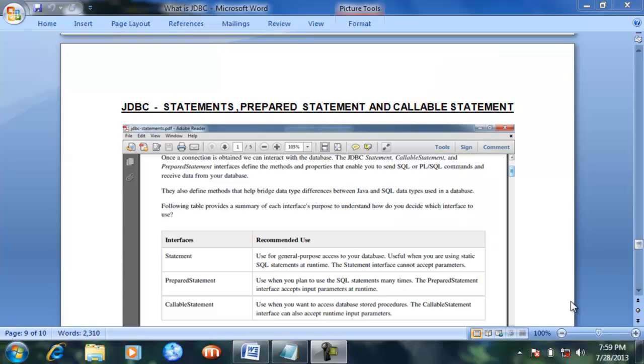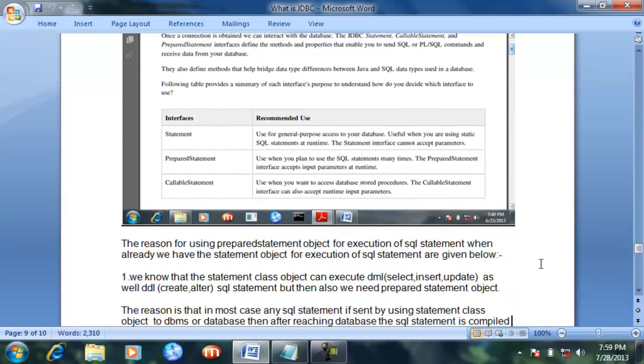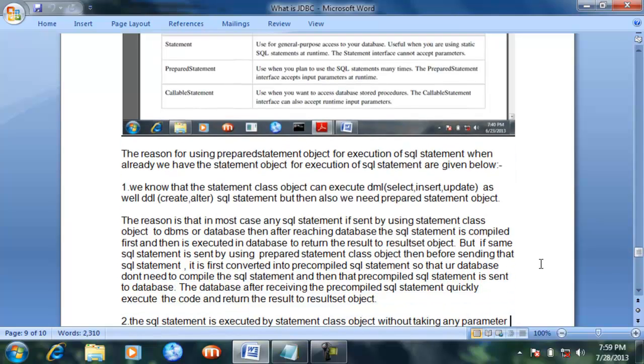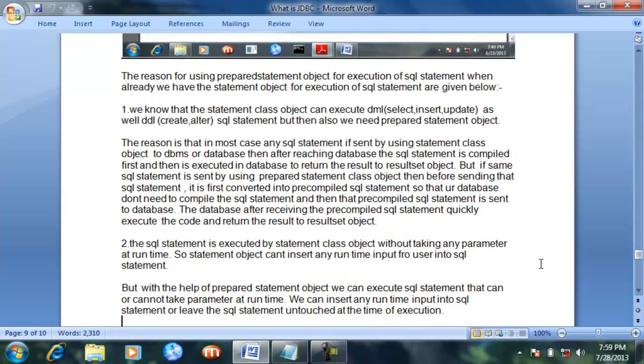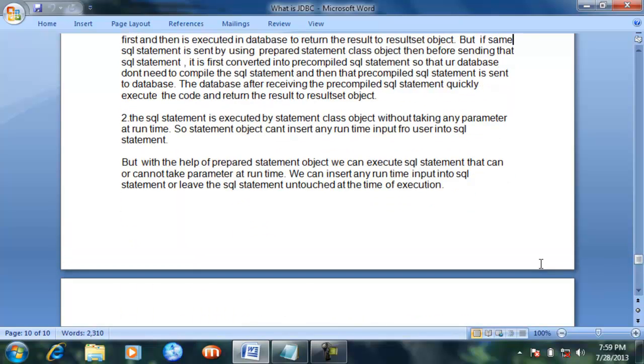So now, guys, if you want to know more about the differences between the statement interface and the prepared statement interface, then here I have created one set of notes. You can see what the use of the statement interface, the prepared statement interface, and the callable statement interface is. Also, here are the two main reasons for the difference between the prepared statement and the statement interface.